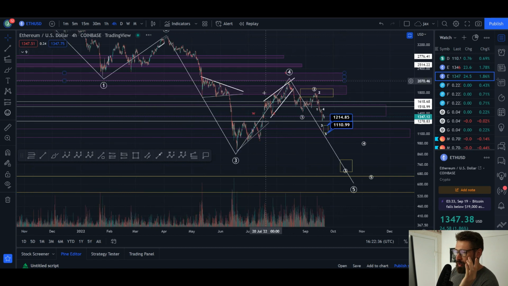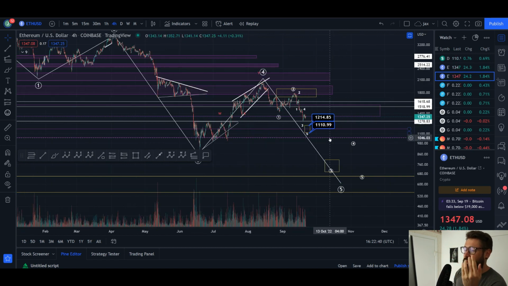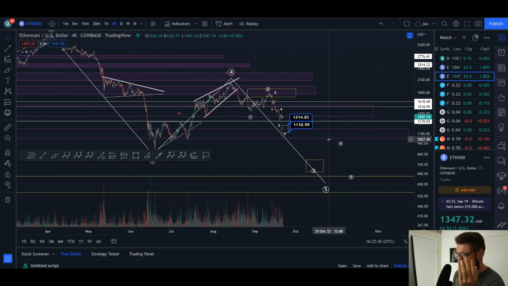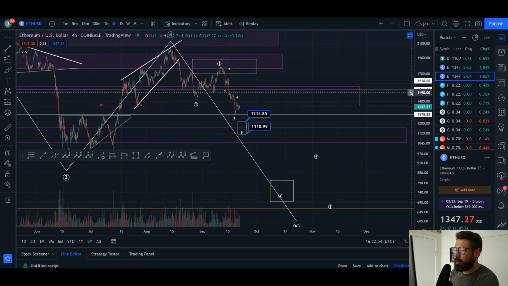I've been taking heat for it this entire pump. I'm still taking heat for it. It's just my opinion. It's what the charts are telling me, and everyone will start praising me if we do reach those levels. But until then, I have to pretend that sticks and stones are the only thing that hurt me.